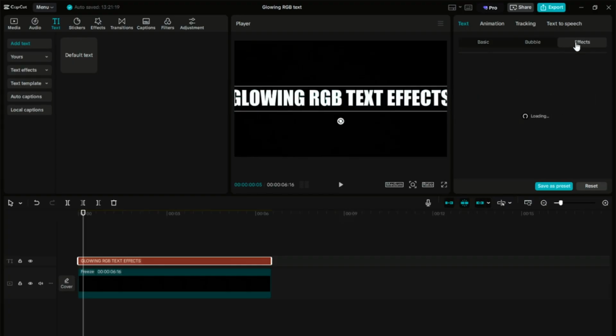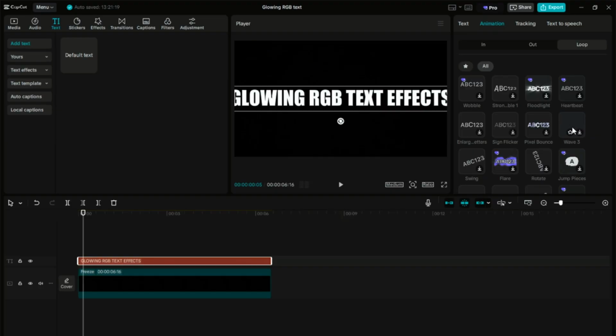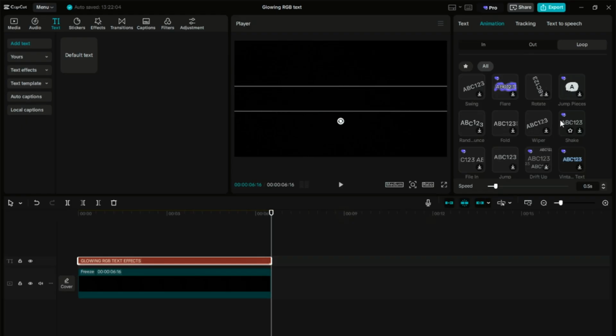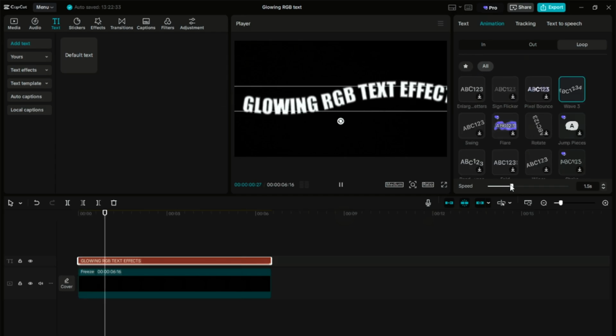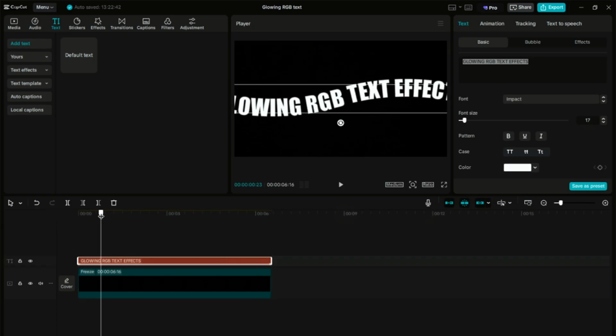Now, let's bring some movement to the text. Go to the Animations tab, select the Loop category, and choose the Wave 3 animation. It creates a waving posture, but the speed may feel too slow by default, so increase the speed for a more dynamic effect. Also, bump up the text size slightly to make it stand out more. Once you're happy with how it looks,